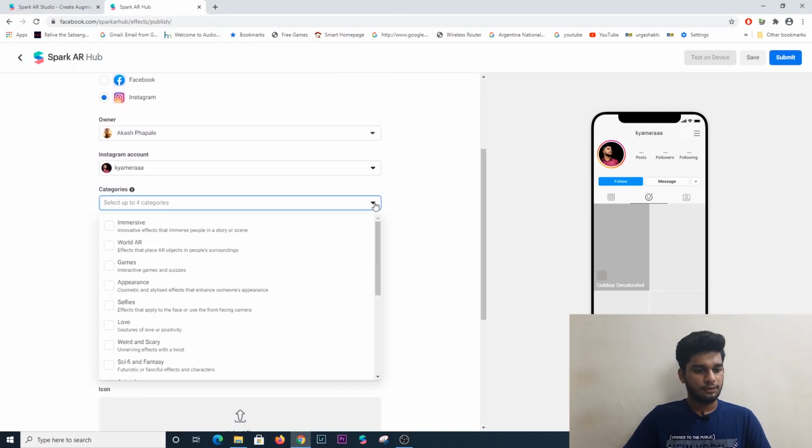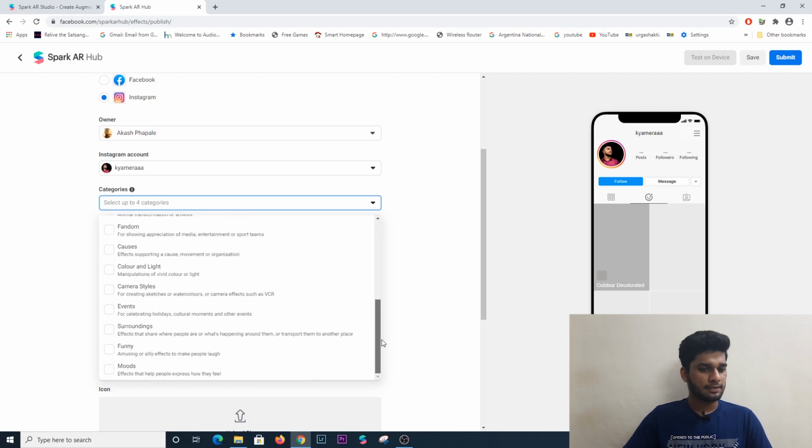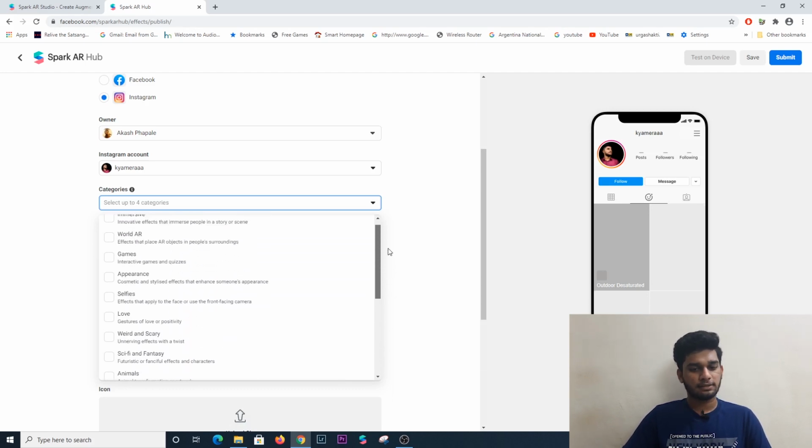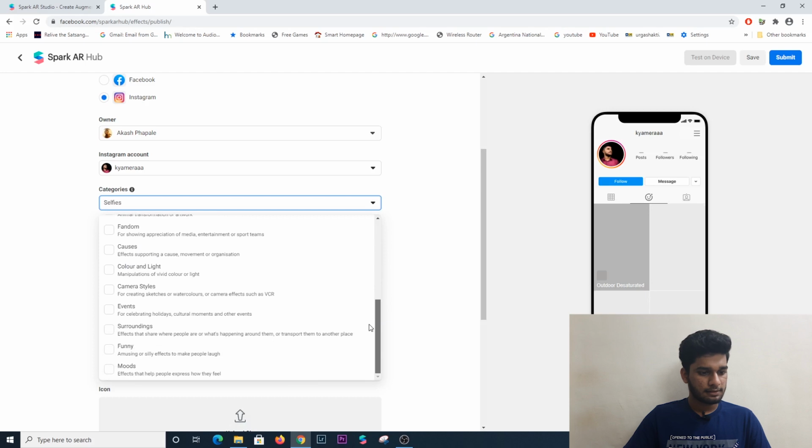If you scroll down, you can select the categories. You can select any category you want. Just make sure your filter matches with those categories. I'm going to use selfies and color and light.